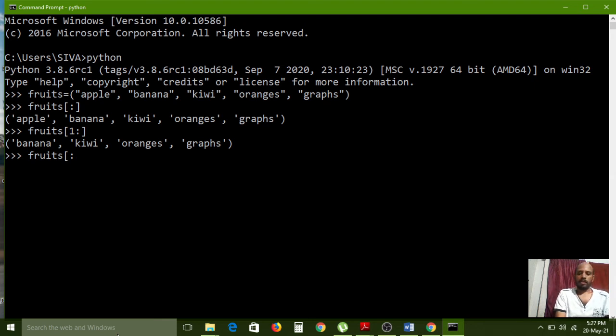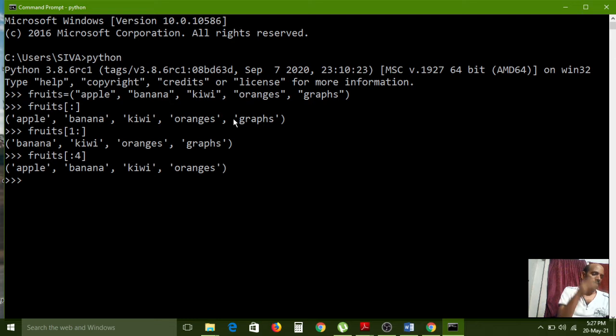What is the end portion? Sorry, what is the 0th index here? I mean 0, 1, 2, 3, 4. So I am giving 4 here, the last index number. So what will happen in the output format, we can see. The last index is excluded, and the remaining first 4 elements have been printed as the output. So that is the meaning of the last index.